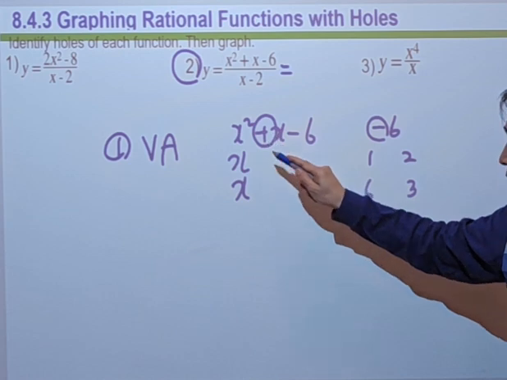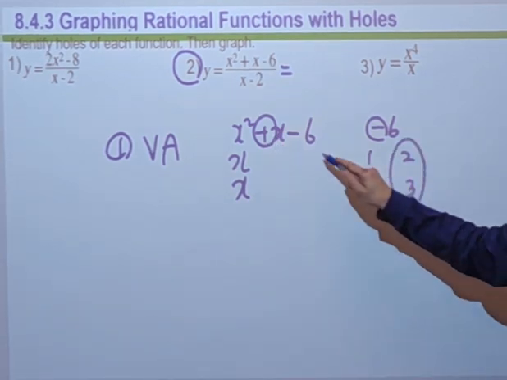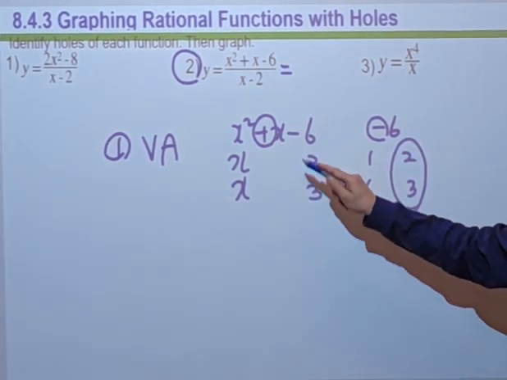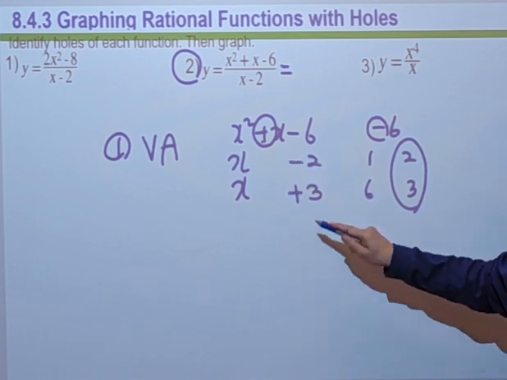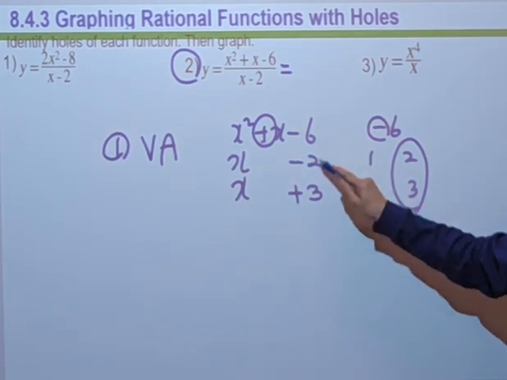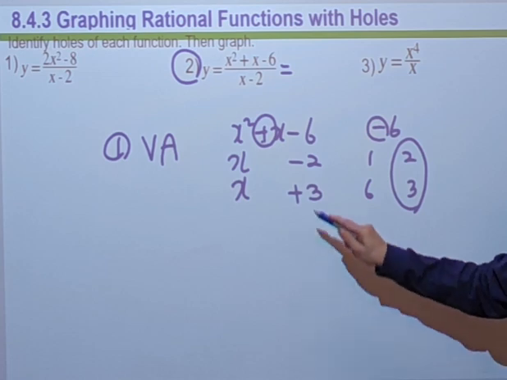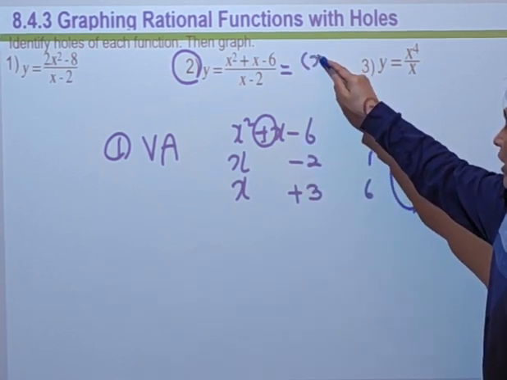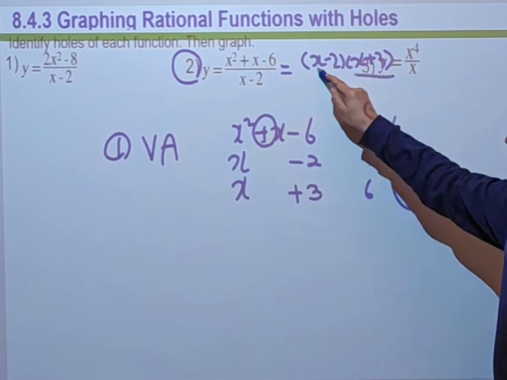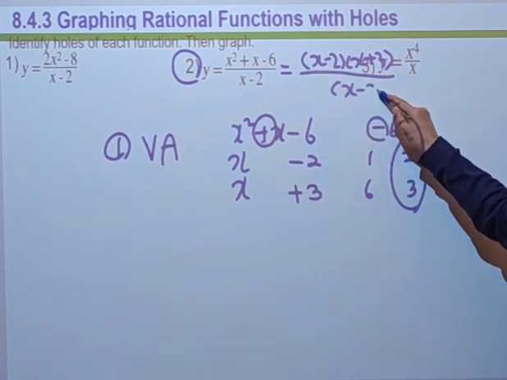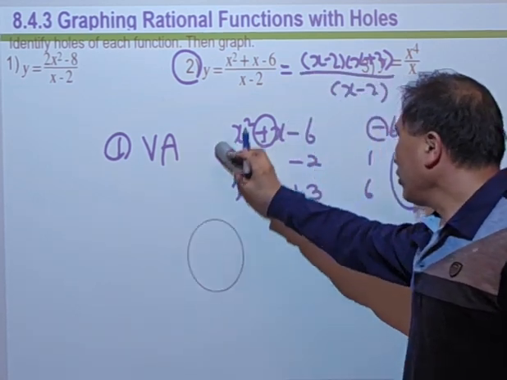But the difference should be 1 there. So we pick this one, 2 and 3, right? So in order to be plus 1, this is plus 3, this is -2. So product is -6, sum is 1. So this factors as x minus 2 times x plus 3. You can factor that way. And here, in the denominator, the x minus 2 was there, right? So when you look at that,